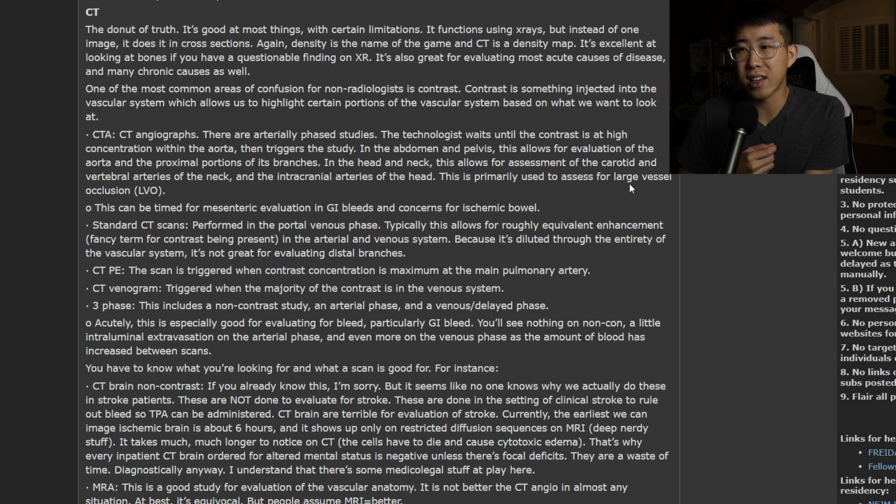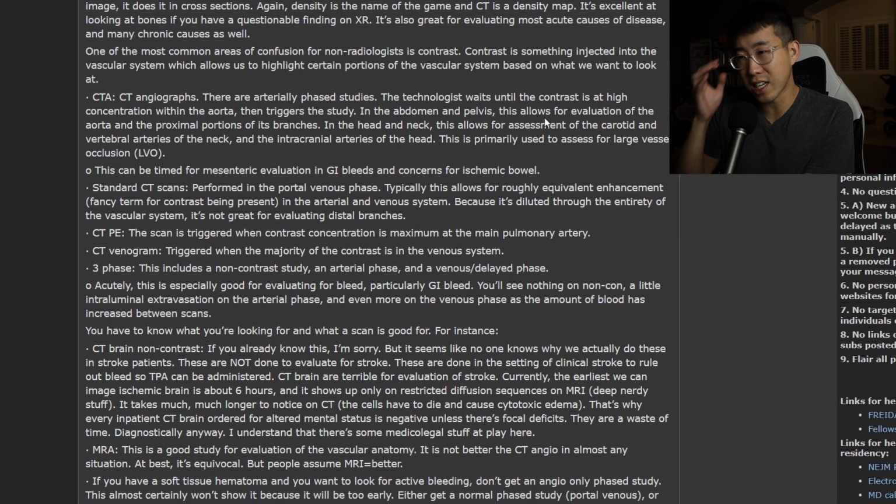And then, interestingly, in the chest, I believe you actually can get a non-contrast CT for looking for infection, because the air actually acts as its own kind of contrast to help better define infections that may be present. But yeah, CT angiographs,